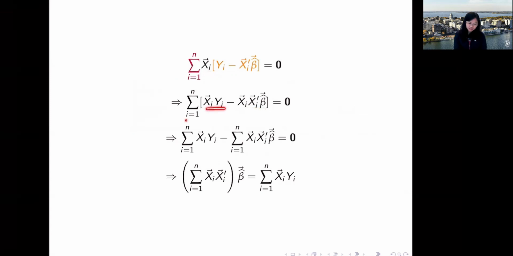Now the sum of the difference is also equal to the difference of the sum. What we are doing is collecting all the terms that are of the form x times y, and we also collect all the terms that are of the form x times beta. And that gives us this term. So that implies this sum of x vector times y minus sum of x vector times x vector prime times beta hat vector equals 0. Now what we do is move